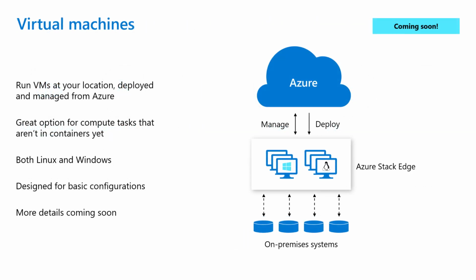Now, the final capability we are discussing today is the virtual machines. Now, this is a great option for compute tasks that are not containerized yet, but small in scale. Remember, this is a new appliance, so it has limited capacity. So this is designed for basic configurations and can run both Linux and Windows virtual machines. There are some additional features that will be available with virtual machines on Azure Stack Edge to provide high availability and disaster recovery capabilities. Now, for example,